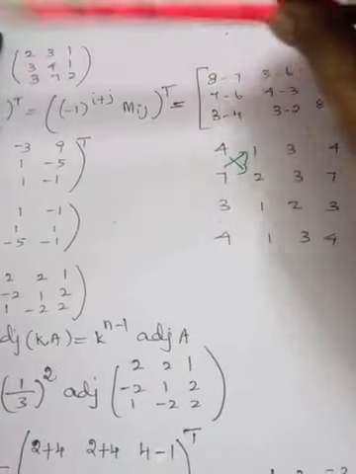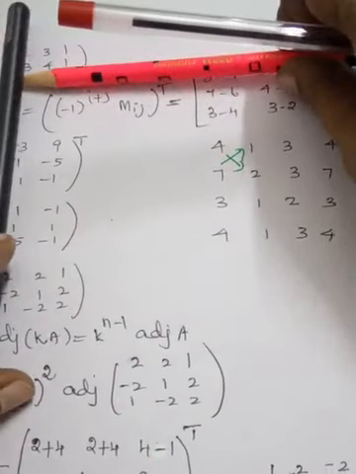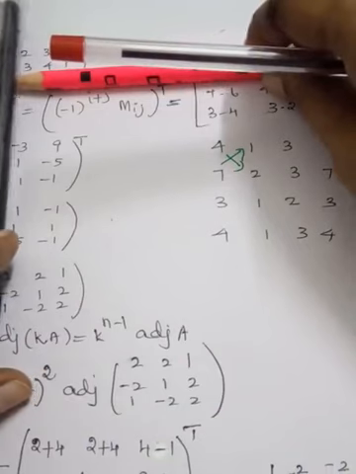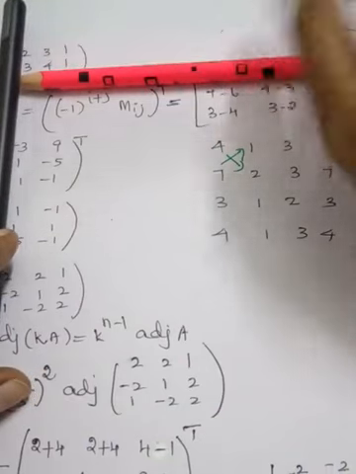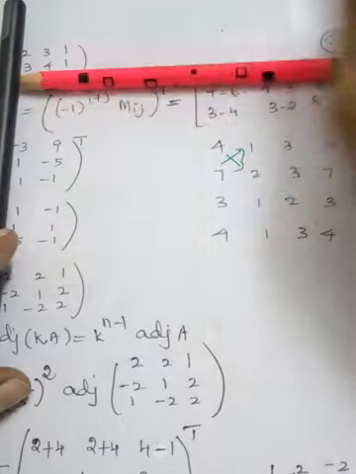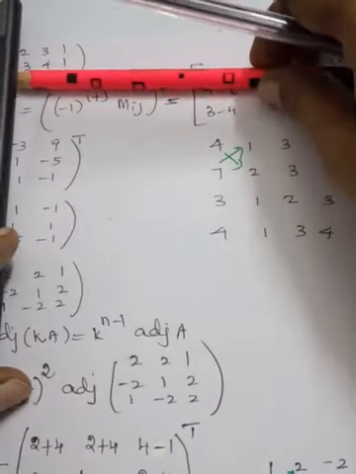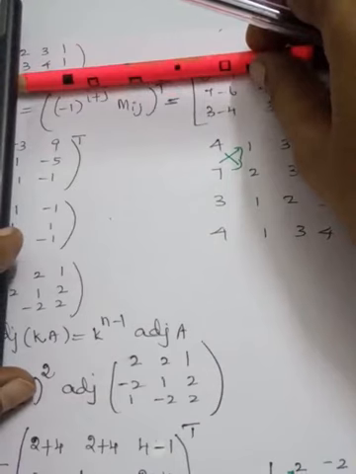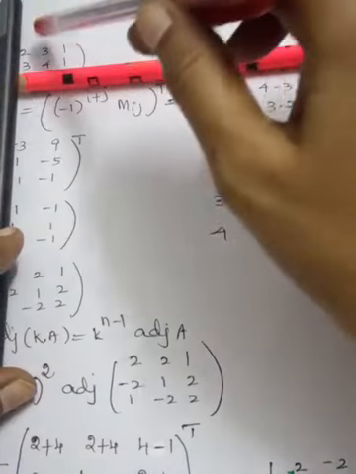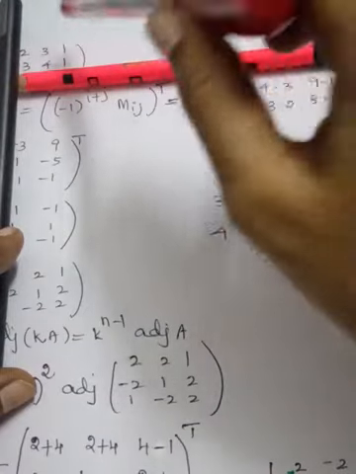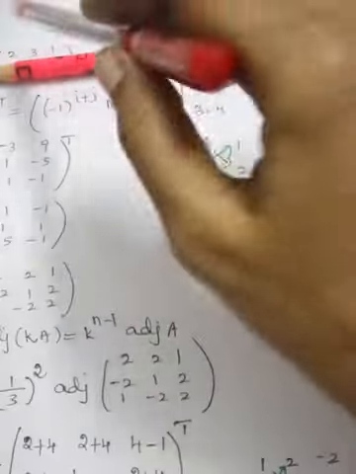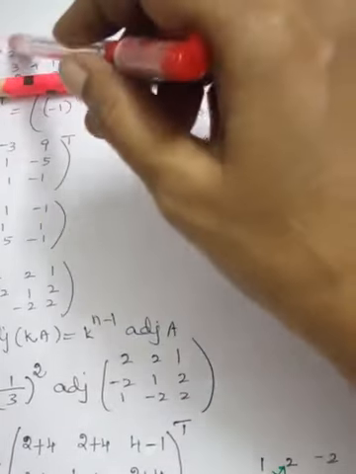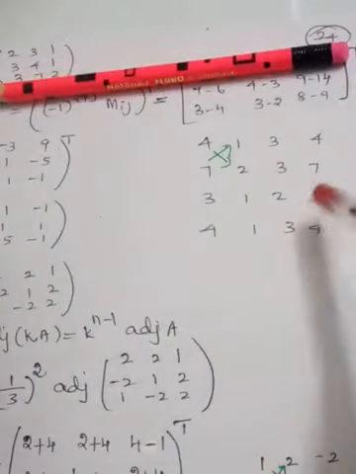Next, last row but first column. Same first column, no change, but rows only we are changing. So last row but first column. Delete last row elements and first column elements. You will get 3 4 as the column. Next, 1 1 is the next column. Then you take 2 3. Okay, 2 3, again 3 4, 2 3 3 4.